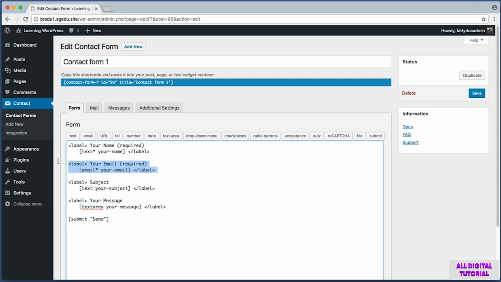Let's look at the next chunk of code. So here we see your email, and it's required. And then the word email right here is telling the plugin and WordPress and the web browser that the user must enter a valid email address in this field. And then your email is the name of that field. Okay, and then obviously that same pattern is also applied for the subject field and the your message field. So hopefully you can agree with me that this code is not rocket science,